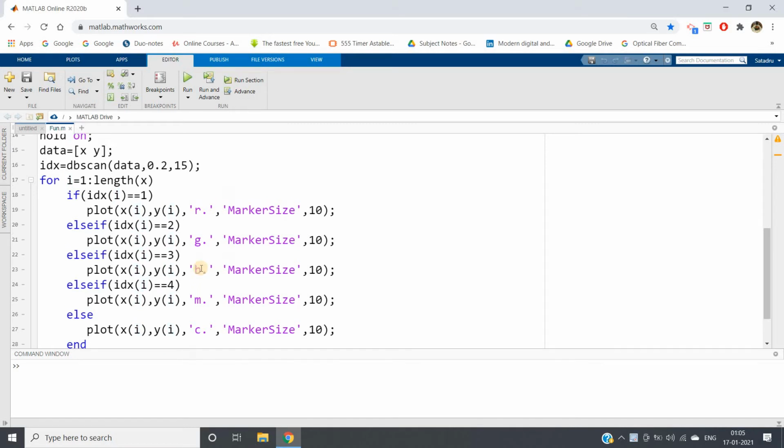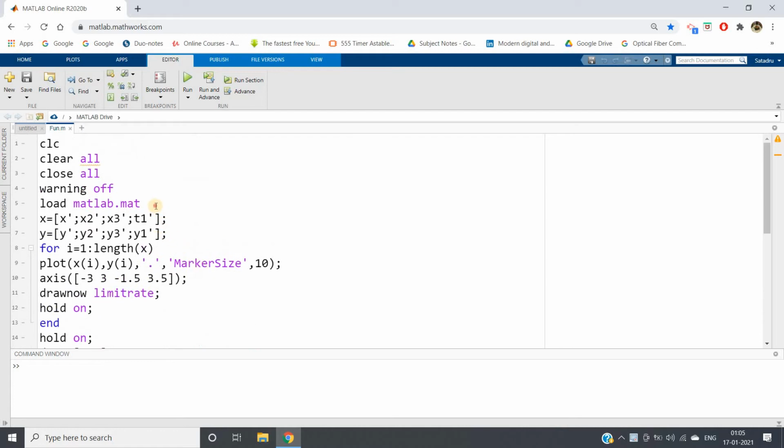In my previous video, I have already discussed in detail the theoretical intuition of the DBScan algorithm. I have also discussed how you can implement DBScan in MATLAB. So the programming part and the theoretical part are covered. Now I am going to discuss some notable differences between K-means, which is one of the most popular unsupervised machine learning algorithms, and DBScan.